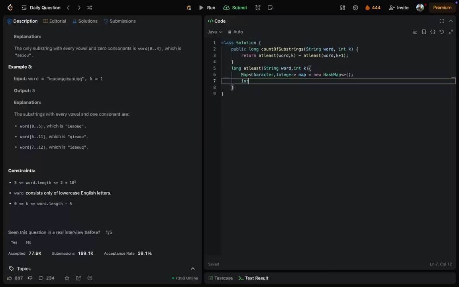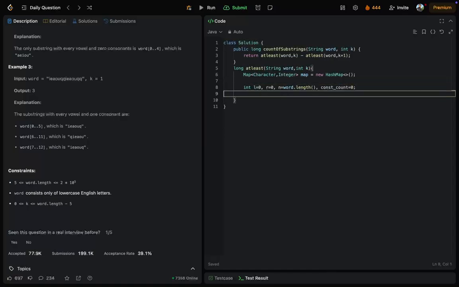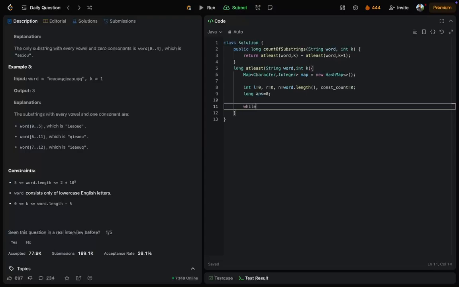Then what we need: window, L and R window. We need length also, right? We need a constant counter. So this is const count, right? And we need answer also, while R is less than n, right? So we find a character which is